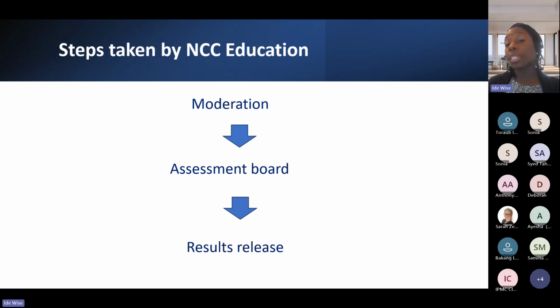It could be something is missing. It could be something couldn't be opened. It could be something is unclear. Things that we need to check with you so that moderation can continue. And normally you'll be given a deadline of when this needs to be completed by. So it's really important that you keep on top of those emails, that you read them, that you action them,